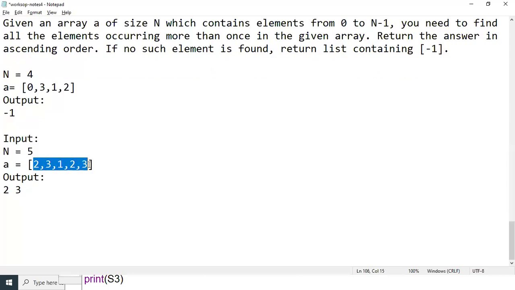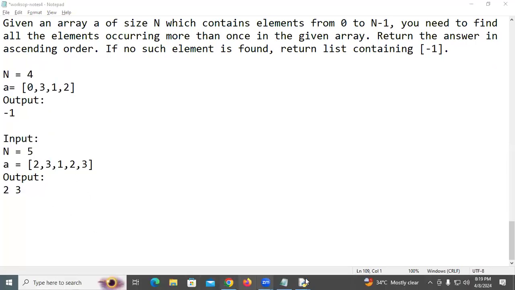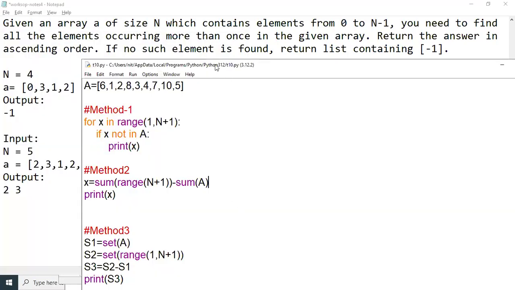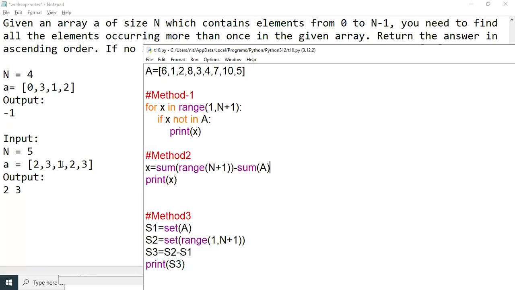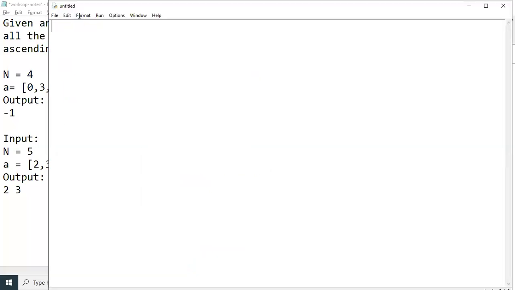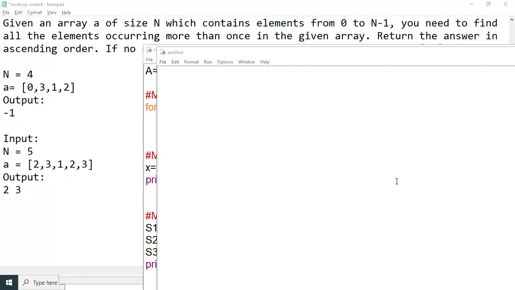You input 5 values, but 2 values are duplicated: one is 2 and one more is 3. First you have to input values. Now see how to solve this problem. Have you all understood the problem definition? Okay, let me tell you how to do this problem. First, what you do is